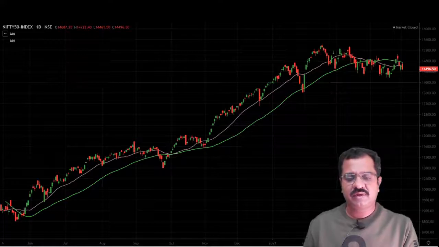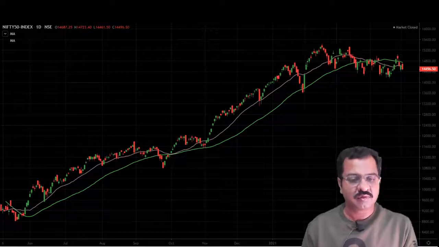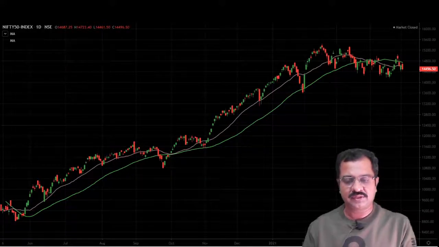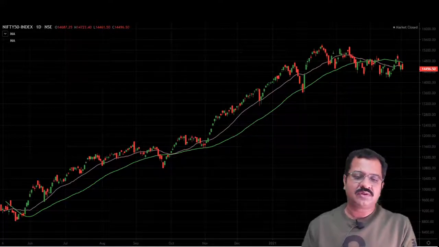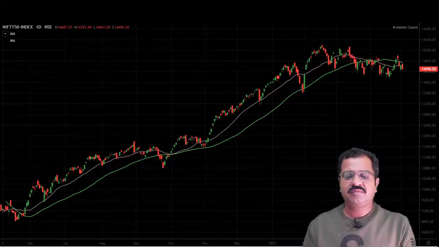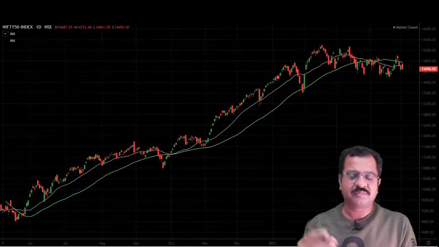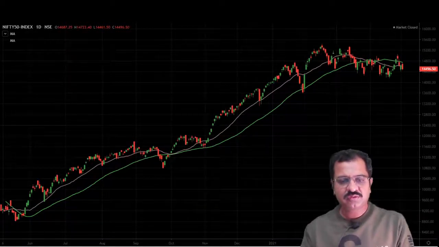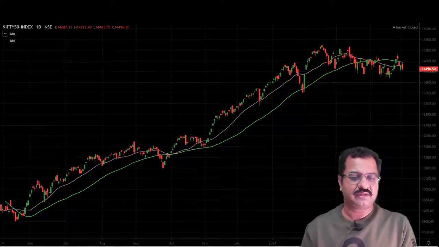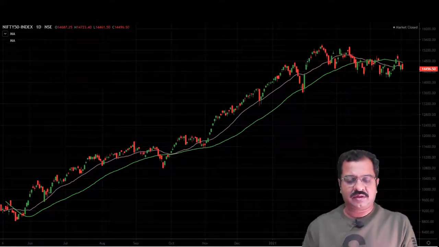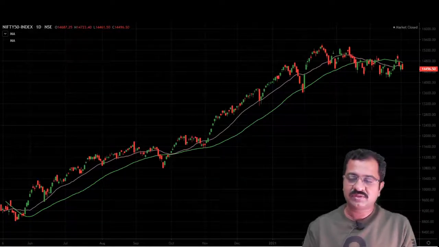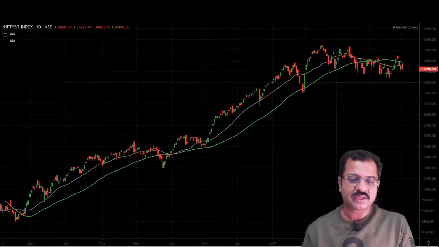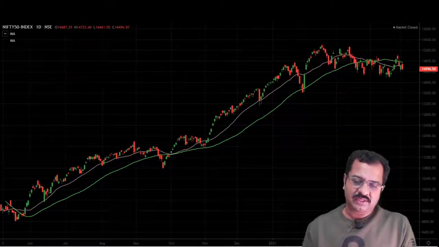Generally when a stock or index is in momentum, say bullish momentum, and we want to trade it, what people do is when it goes up, people wait for it to correct and then enter. This strategy is called pullback trading because price went up and you wait for it to correct or come down, and then you